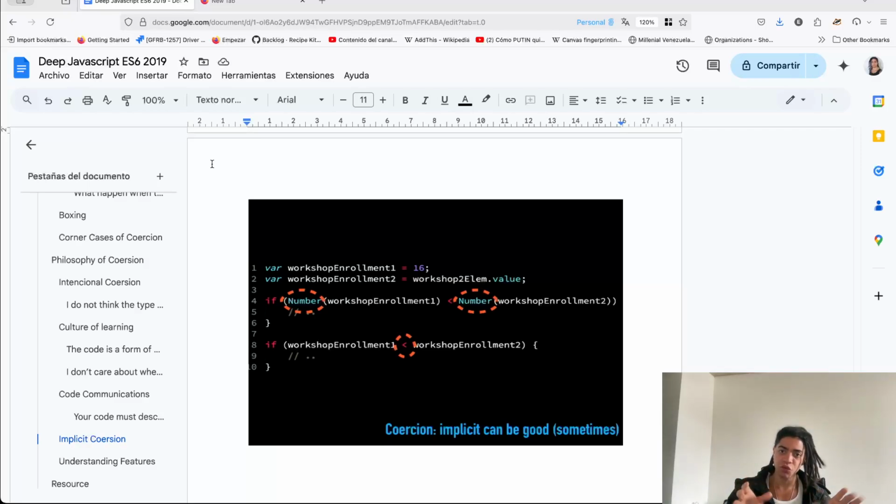What it does is temporarily wrap that into an object so you can have access to that property and methods from that type of values. So this is an implicit coercion, or an implicit operation, when we talk about the philosophy of coercion,